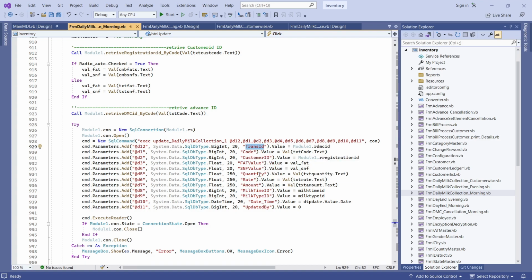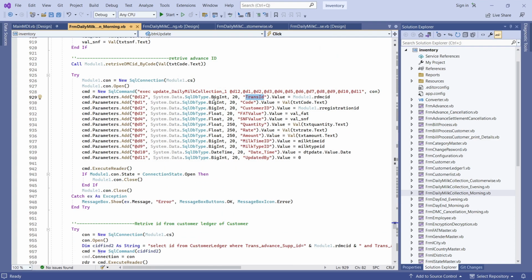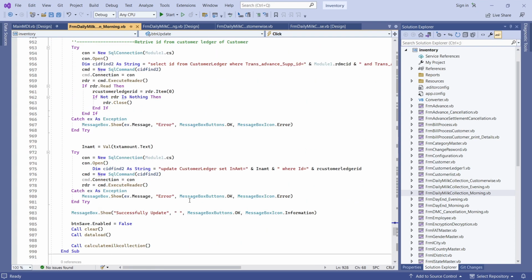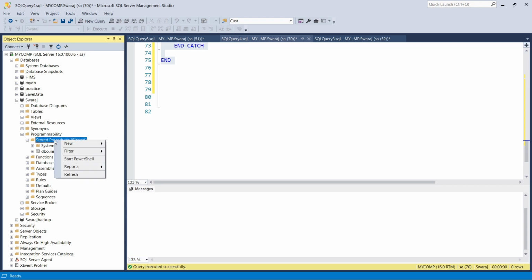We are updating just the wrongly entered customer, pat, SNF, quantity, rate, something that is missed or misinformation, so we are updating that value and calling this stored procedure, correct. And the customer ledger is also updated in the background, because the quantity is updated right now. At the end the customer ledger needs to be updated, correct, that's why there is an update of the customer ledger. And here I am filtering that particular proc